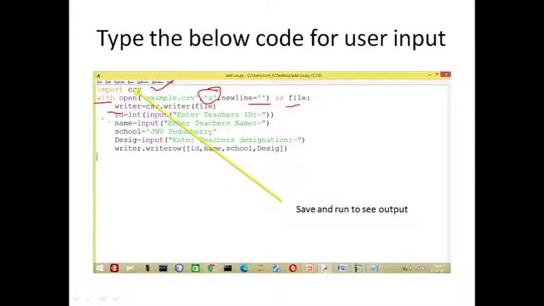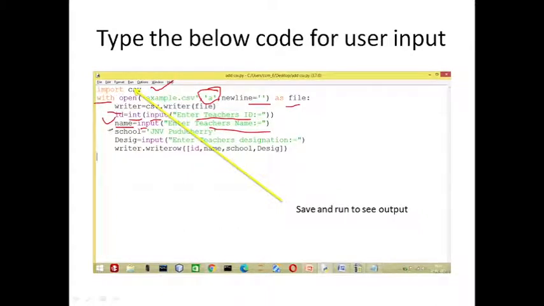Now you can see in this first line, I have declared a variable called ID and I want an integer value. Then I am asking the user to enter an integer value here with the help of input, generally whatever you do with your IDLE. So here I am asking to enter teacher's ID, then name is a string value, so no data type declaration is required. Simply you can type input and get it: enter teacher name here.